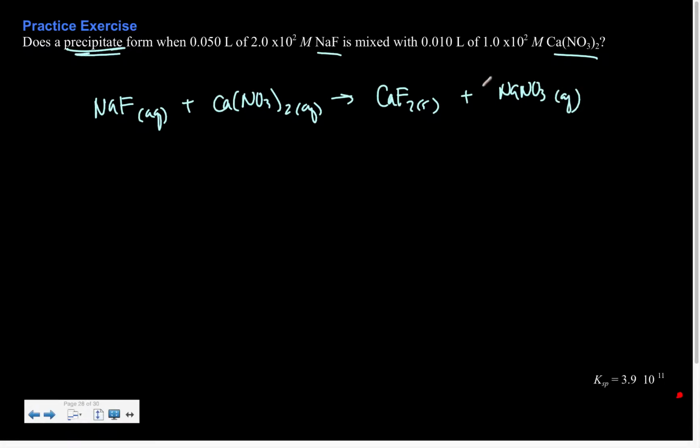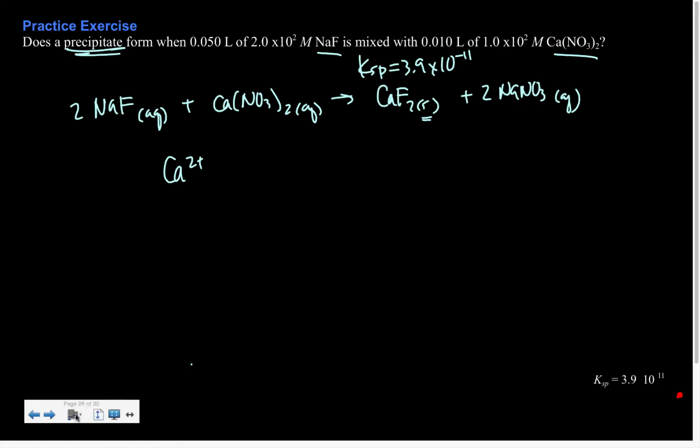So how would I know if this was solid or aqueous? Based on our solubility rules. Group 1s and nitrates are always soluble. Halide ions are soluble, except for the fluorides. So this would be our solid, which means that what do we need to know? The KSP value of this. The KSP value of this happens to be 3.9 times 10 to the negative 11. Now, we could go ahead and get a relevant equation, actually, no, let's not write it that way.